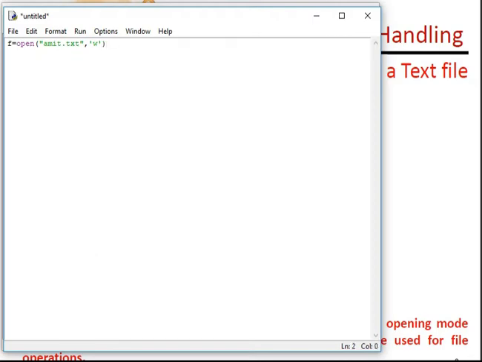Then I am writing it in the f, so I have to use the write function in f. So I am writing content in the same line also I can print.